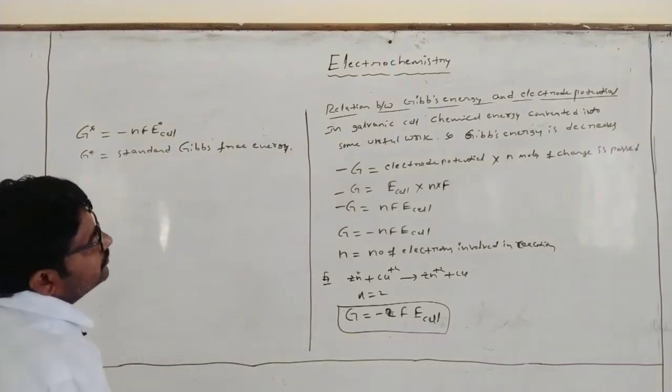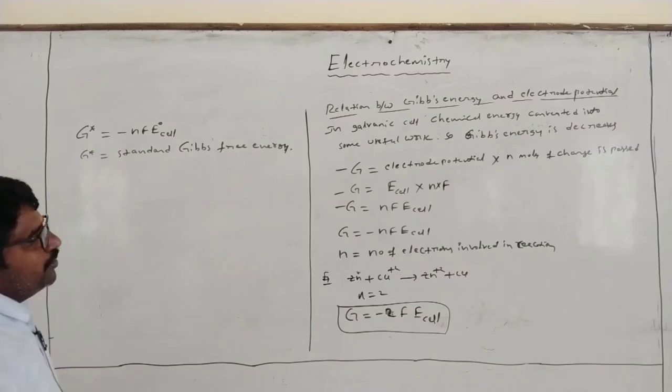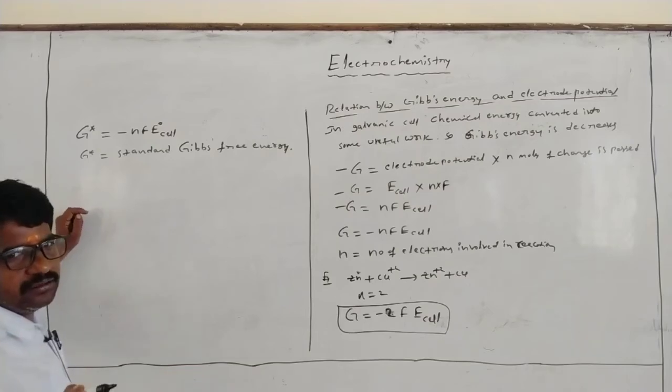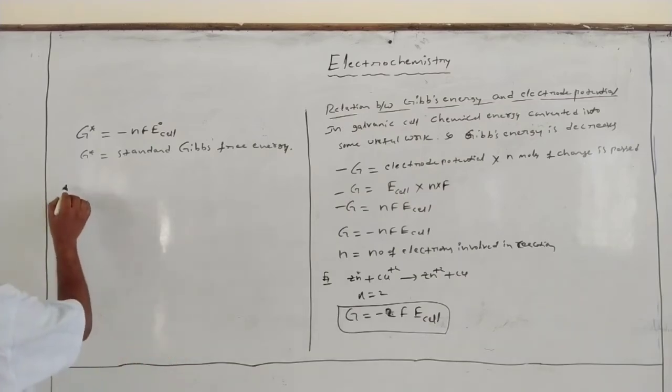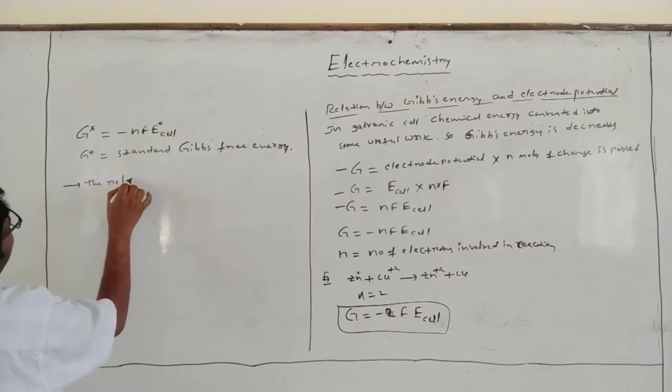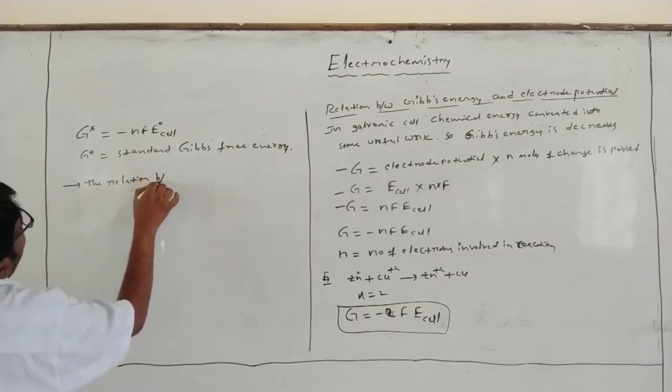Right. So this is electrode potential and Gibbs energy. Next, what is the relation between Gibbs energy and equilibrium constant? So the relation between